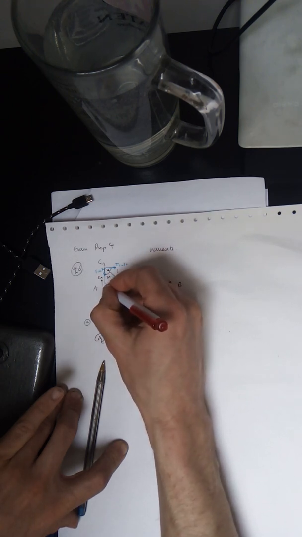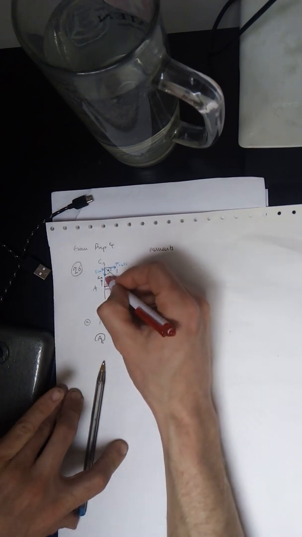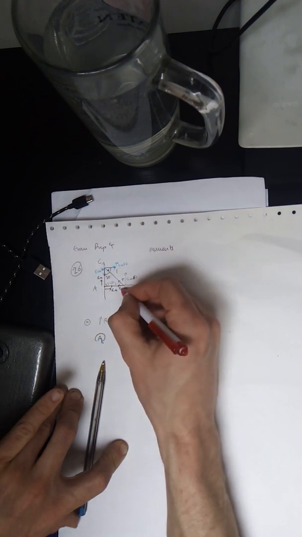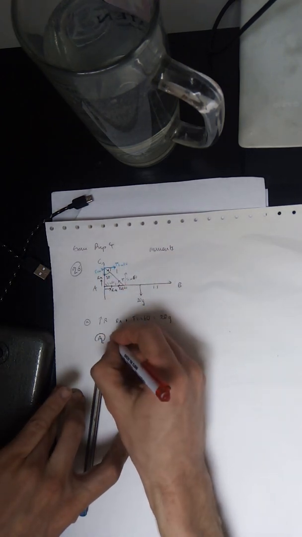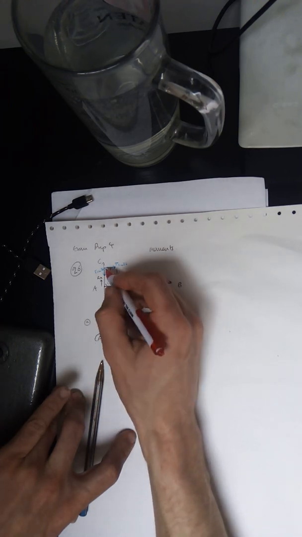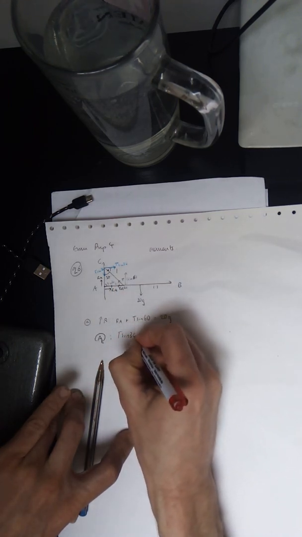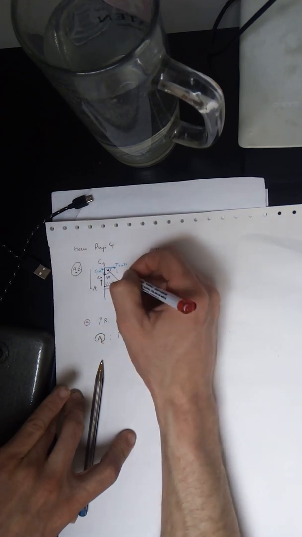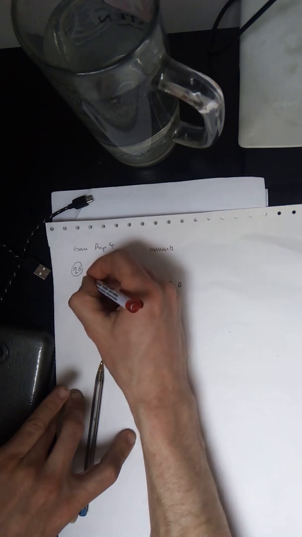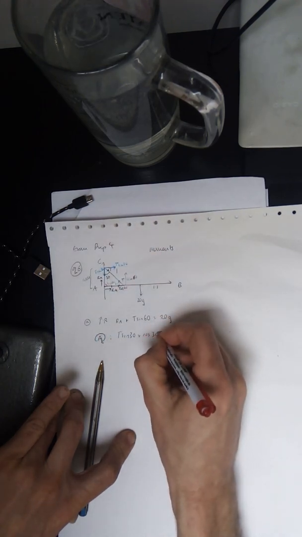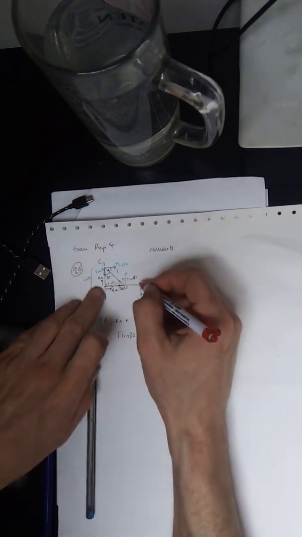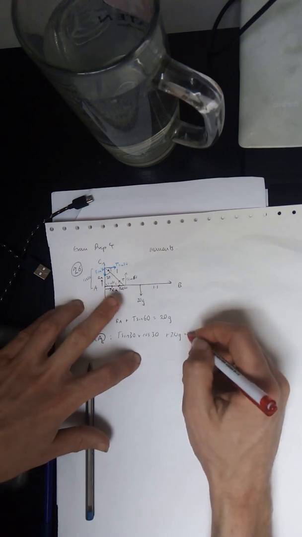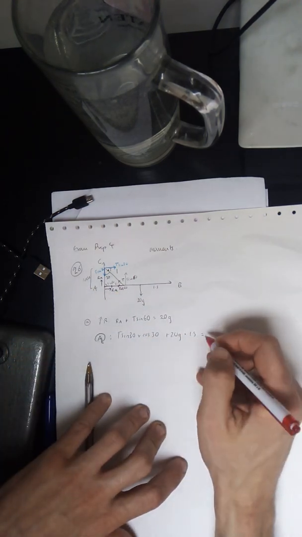Anyway, the force in that one goes through the pivot, as does that one. So we're not interested in that force, and we're not interested in that force when it comes to taking moments. So moments about A in a clockwise direction. What's going clockwise? We've got the T sine 30 times that distance there, which is 1 cos 30. So times cos 30. That's going in a clockwise direction. This is going in a clockwise direction as well. 20g times that distance there, 1.5, is equal to